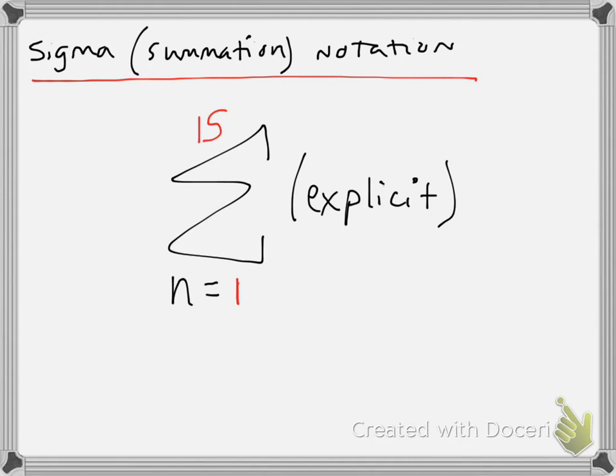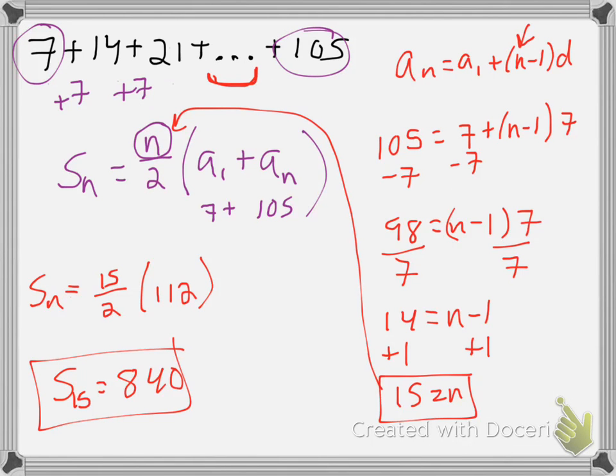So I want to know what the sum is, and that's what this sigma right here means. It's a capital sigma. It means summation. You want to find the sum. And so I want to find the sum between the first and the 15th terms, including them. So 1 plus the second term plus the third term all the way up to the 15th term. Now in here where I said explicit, right there you put the explicit formula found from your arithmetic sequence formula. So I kind of already have that set up over here.